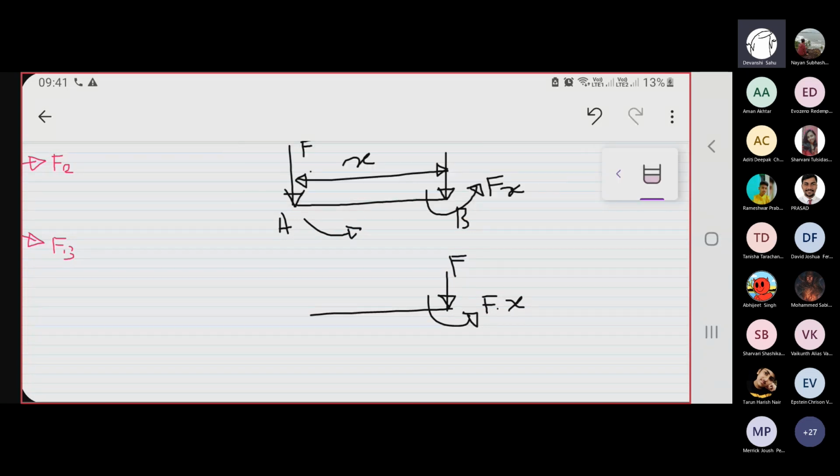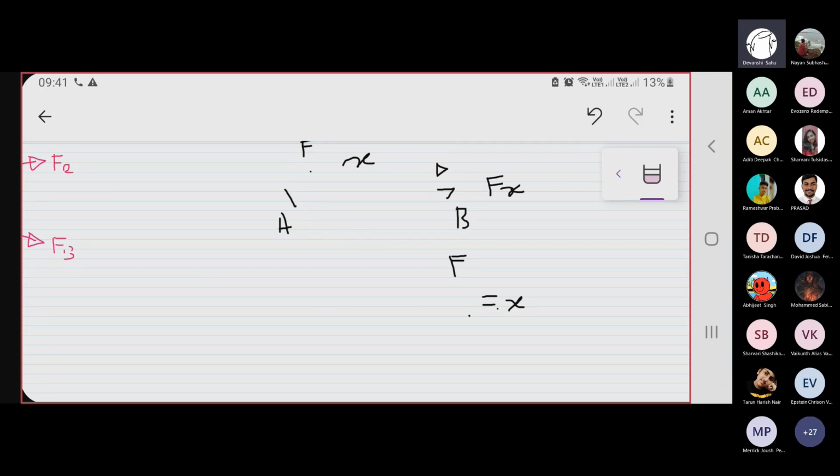Now we are going to use a similar pattern to get a resultant of non-concurrent force system. Earlier we used to find out for concurrent force system. Now we are going to find out for non-concurrent force system. Okay. So for non-concurrent force system, first important thing is